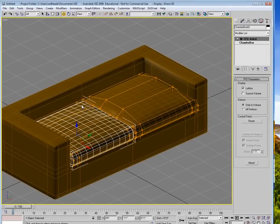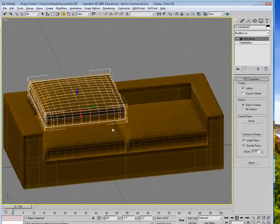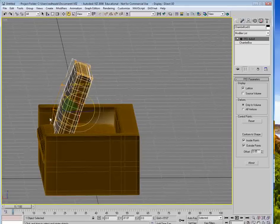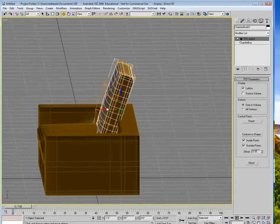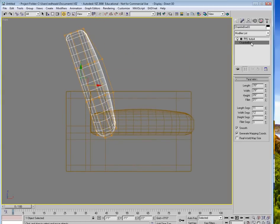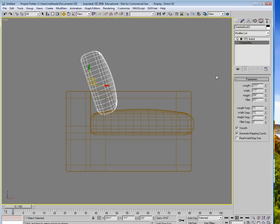Now we need a back cushion. So we can go ahead and maybe just take this guy, bring him up. I'm just going to do a copy of this since it's going to go in the back. It's going to be a little bit smaller. I'm going to go ahead and rotate this guy and bring him back. Let's go to my left view, or front view, whichever view it is. I'm going to go into my chamfered box selection, and I'm just going to make some changes to the width. Just adjust it as I need to. Maybe rotate it a little bit more,